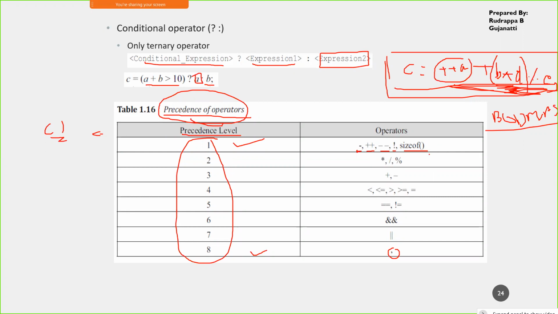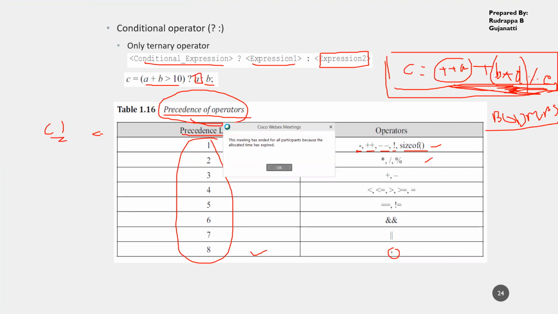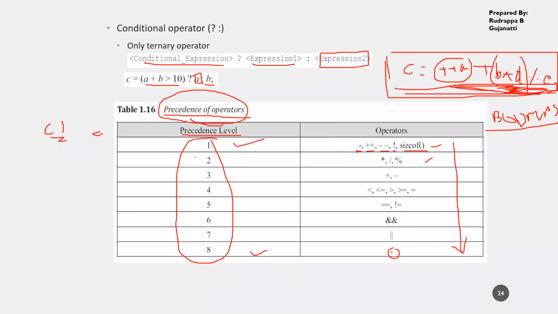Remember, if you have an increment operator, multiplication, division, and modulo operator, these will be evaluated in this given sequence. If you have all these, and only one addition, it is brackets.